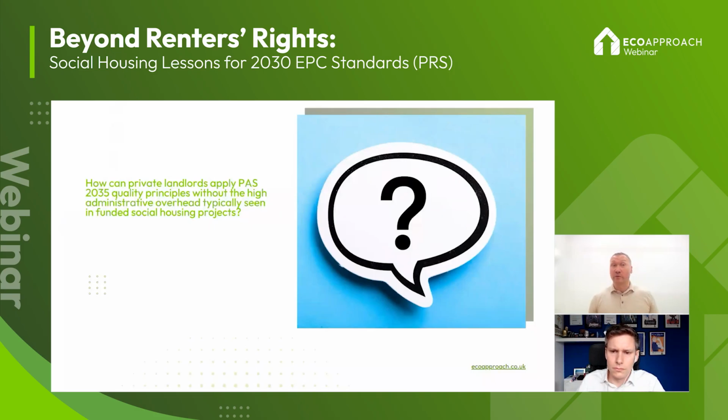So understanding what the requirements are of PAS, understanding your properties, what needs to be done, and applying those same principles will allow you to improve the property from a fabric first approach, first of all, and ventilating the property through mechanical ventilation, through door undercuts, trickle vents on your windows is all good practice which PAS adheres to, but you don't necessarily need to go to the compliance cost to ensure that it's robust as far as that is